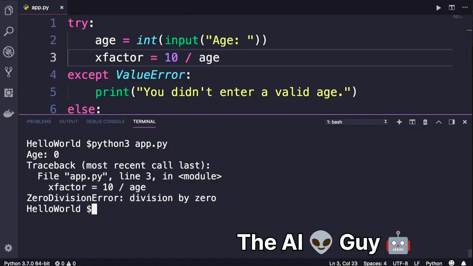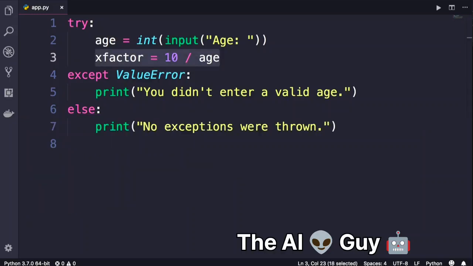What happened? Our program crashed again. We got a different kind of exception, that is a zero division error, because in programming we cannot divide a number by 0. So the statement on line 3 threw an exception, but we don't have a matching except clause for that kind of exception. In other words, in this code, we're only handling value error exceptions, and that is why our program